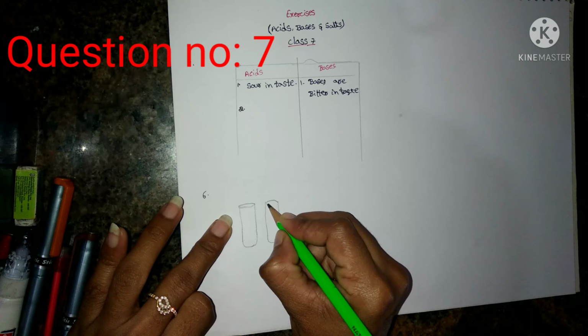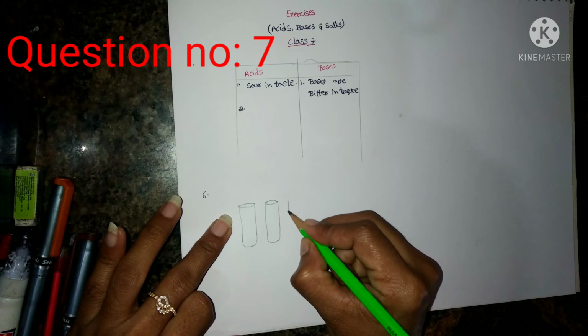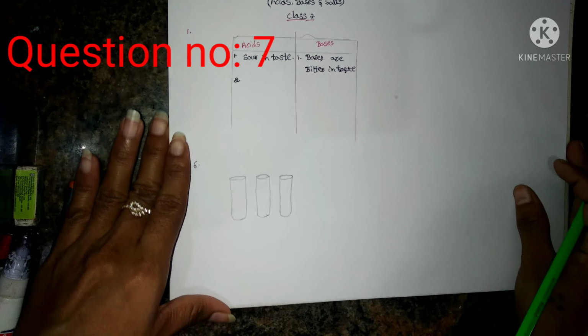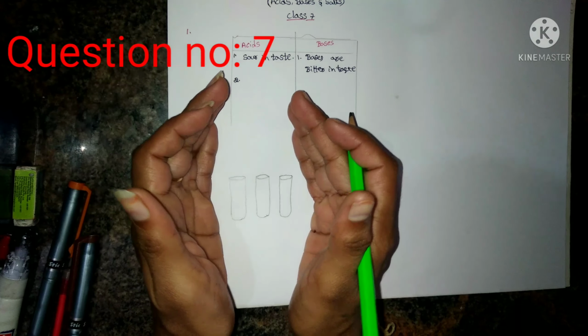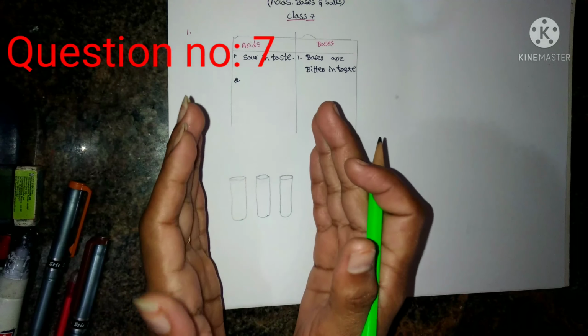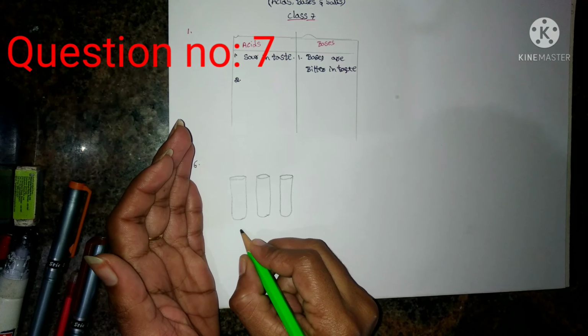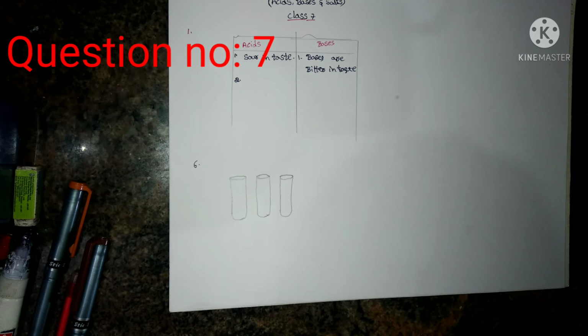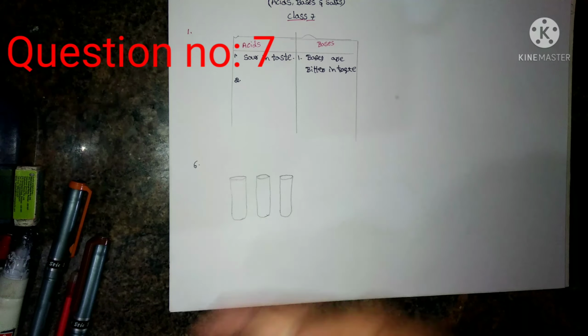For that purpose only I'm using test tubes here. The pictures of the test tubes didn't come properly, but okay, consider these 3 are 3 test tubes or 3 bottles of drinks. One is acidic, one is basic, and one is neutral, but we don't know which is which. Now how can Dorji find this?